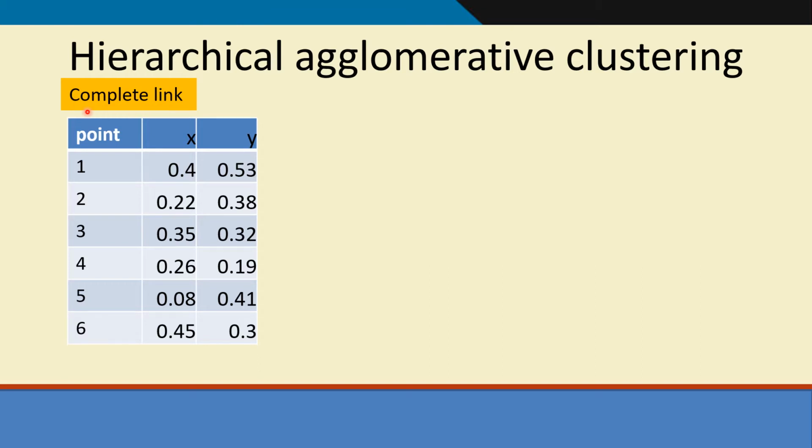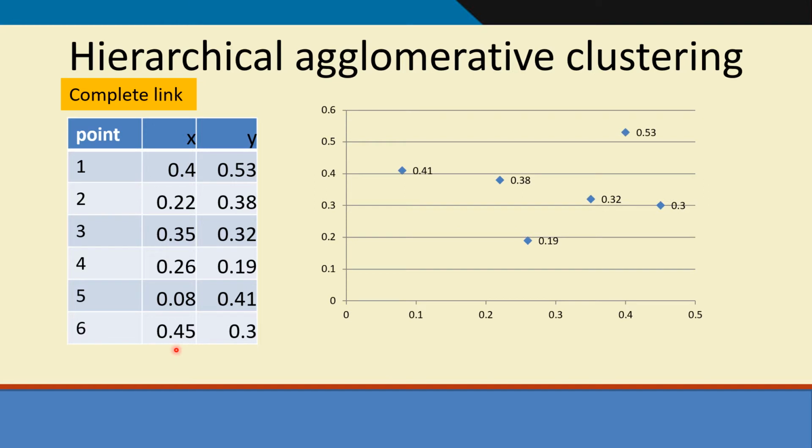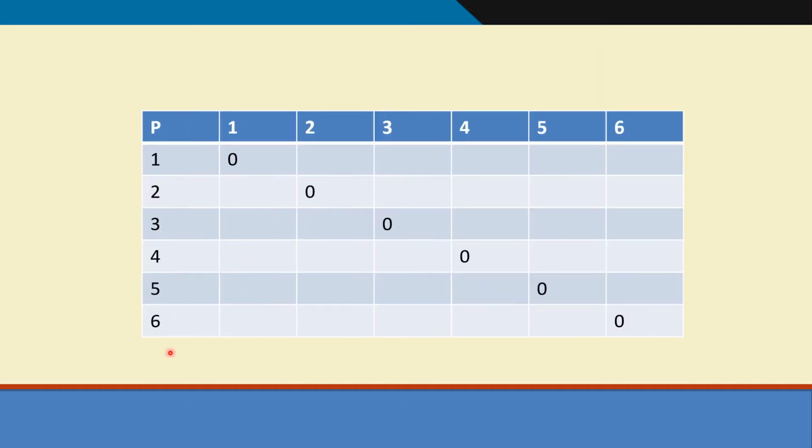We are taking the same example which we had taken for single linkage. Now if you have got some 6 points, first of all we have to just locate them on the graph. These are the 6 points. Now we'll just go by the same procedure the way we had seen it in single linkage. Then we'll have to create a distance matrix like this and fill up the information in these cells. Distance between point 2 and point 1. Distance between point 1 and point 1 is 0.